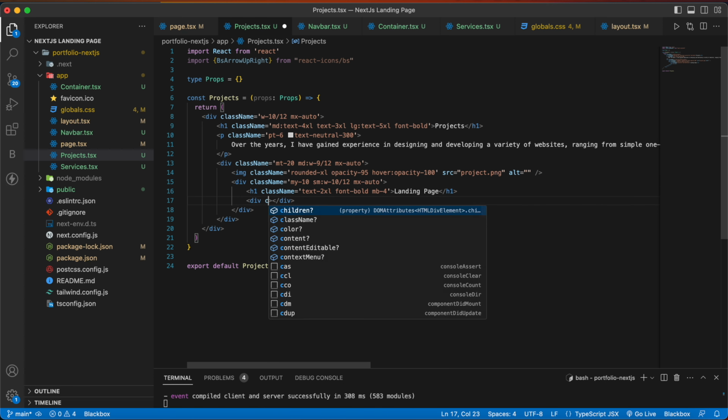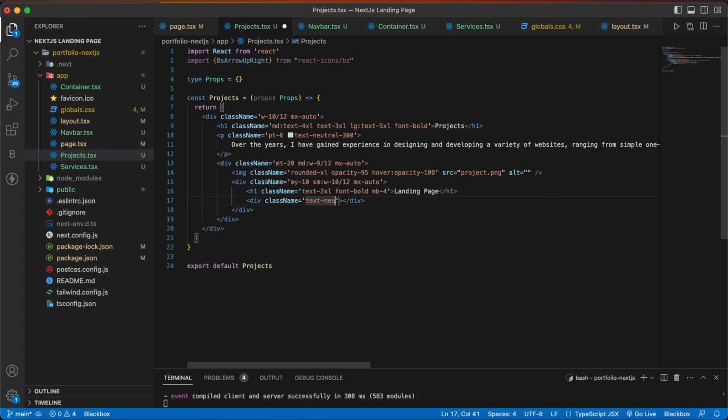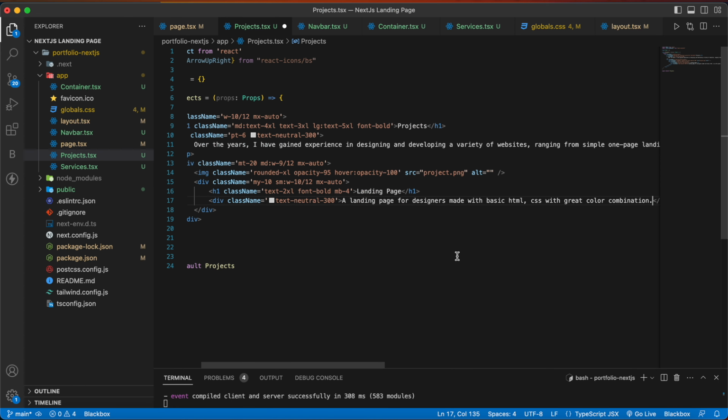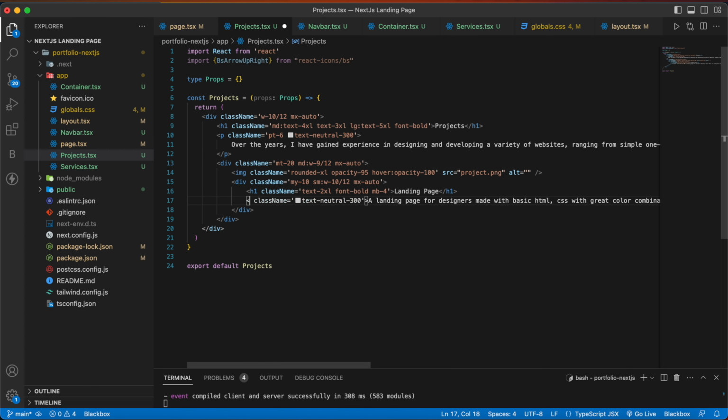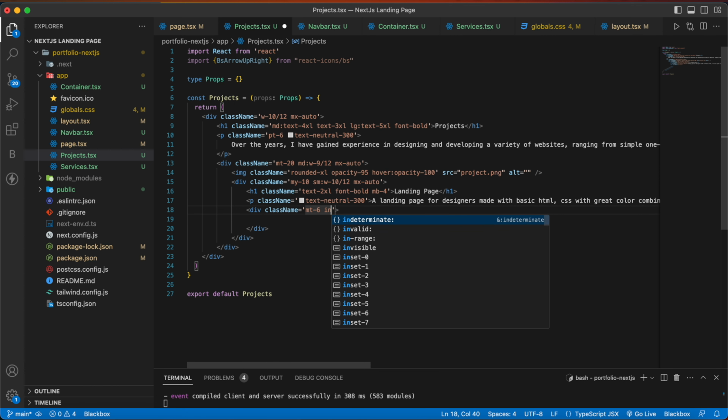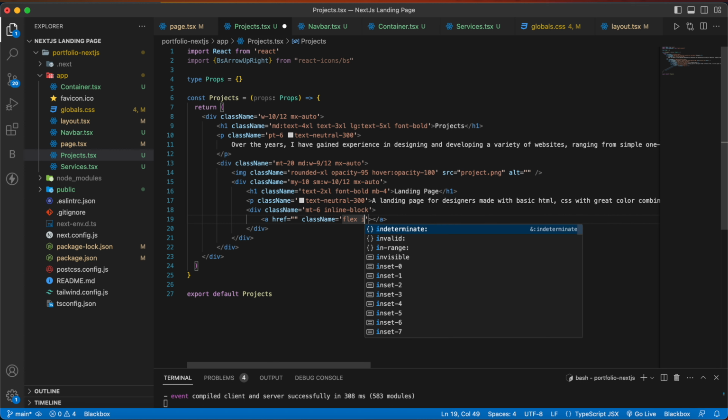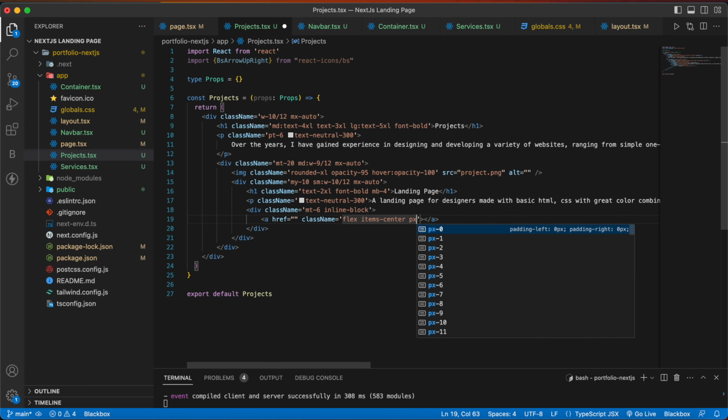Then we are going to have a div with a class name text-neutral-300, and inside this we are going to write this text. Let me change this to p, and after that below this p tag, let's write a div with the class name of mt-6 inline-block, and then we are going to have an a tag, class name flex items-center px-4